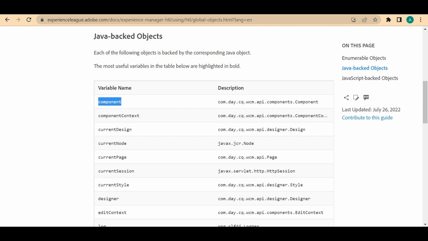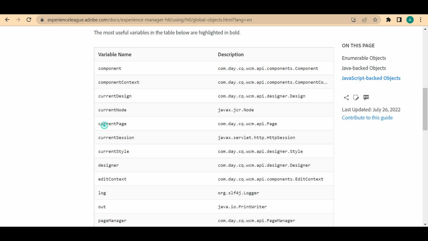Okay, so in this first column, whatever you are seeing is the actual variable name which you can use. But what object is it? That class name is given in the description here. For example, if you want to use current page, then what is the data type of this current page is given here. The variable name you can use is this, and its data type is this. So now in order to get the page title, maybe we can use the current page, because